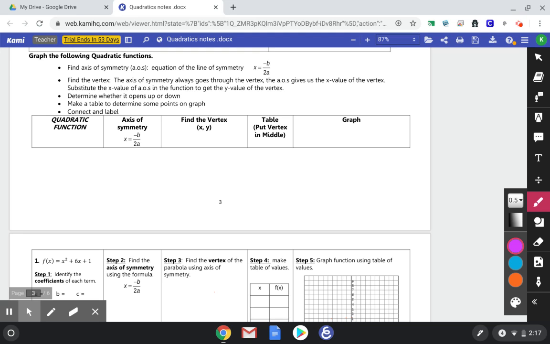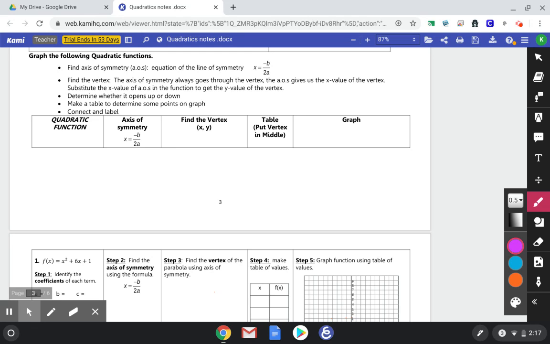All right, guys, a little bit more with graphing quadratic equations. So we've done a lot with actually looking at the graph of a quadratic equation, but what if you are given the formula? Would you be able to pull out different pieces in order to graph that quadratic equation? Okay, so a couple of important things that you want to remember